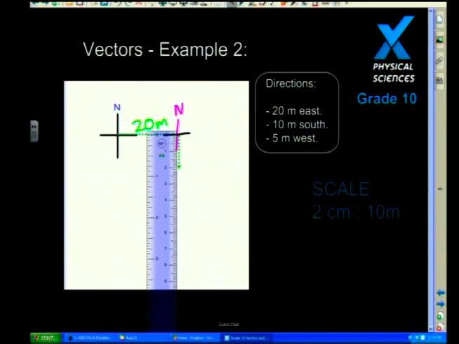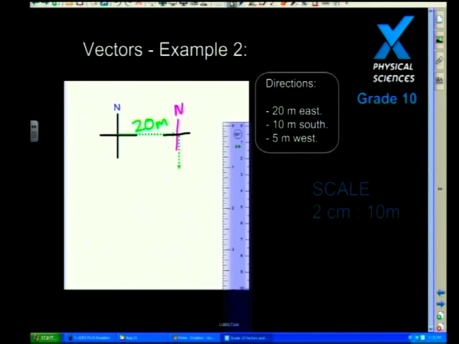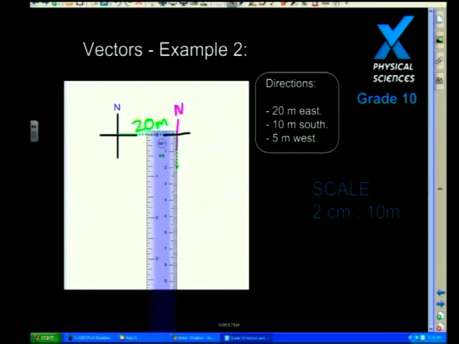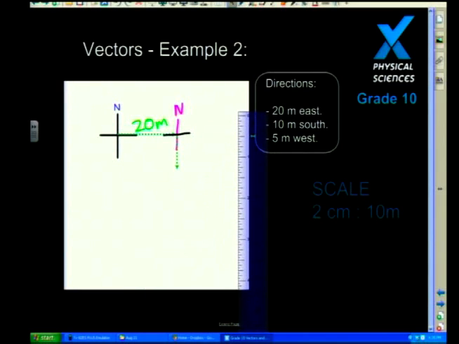Now, I'm just going to move that out the way, because unfortunately my ruler didn't let me have enough space. So let's make sure that that is nicely in line there. So now I've got this 2 centimeter long line. Let's measure it and make sure that I've got 2 centimeters over there. There we go. It's 2 centimeters. Fantastic. That means that I've represented 10 meters south. You can write in south if you like, but since you've put in a compass there, you can actually see that that is the direction.